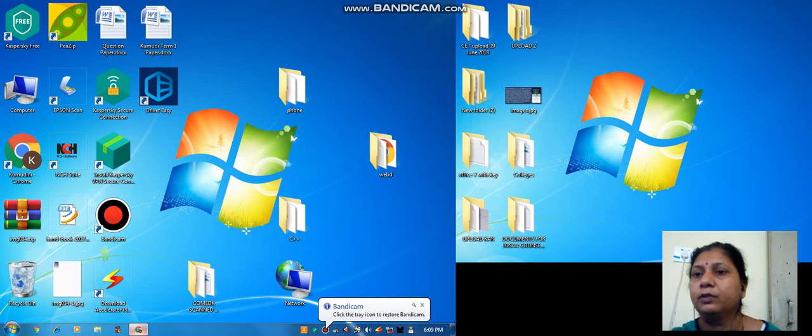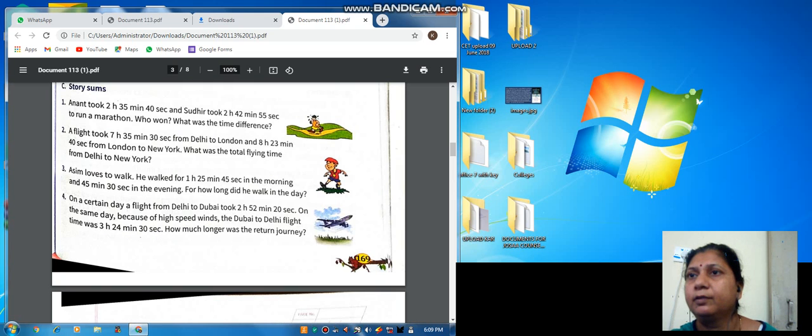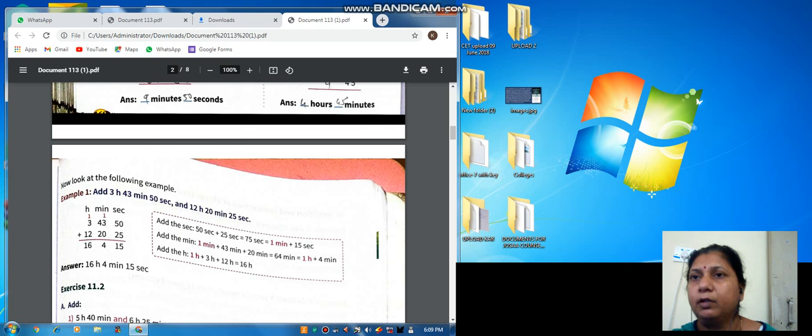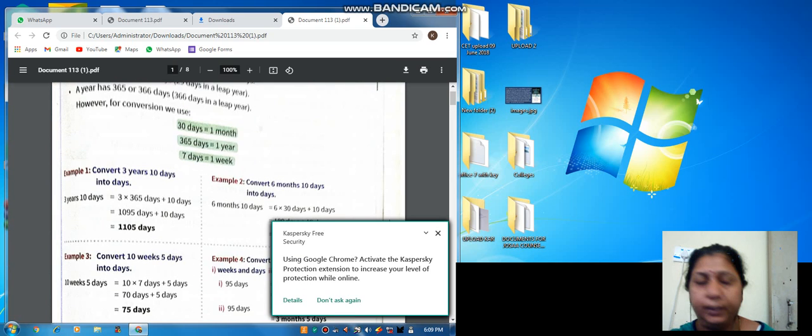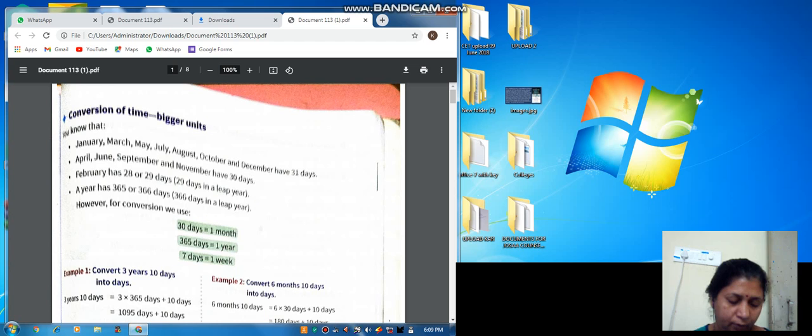So now we have already started our chapter 12, that is time. Okay, so I will just revise before starting our new topic. In the recall exercise we saw how to write PM and AM. Then we studied 24 hours time. Then we found the time period between the start and finish time.